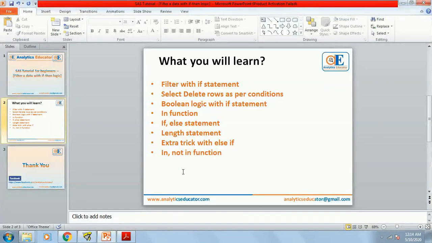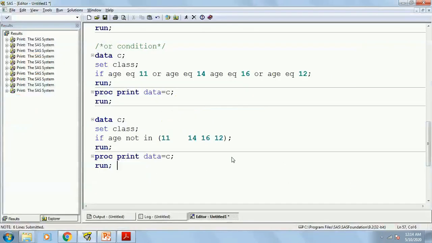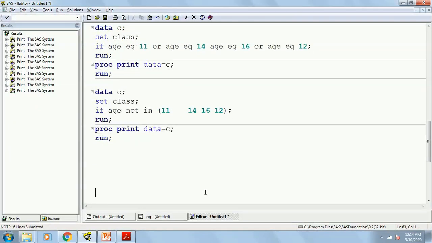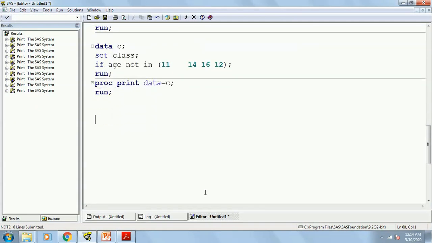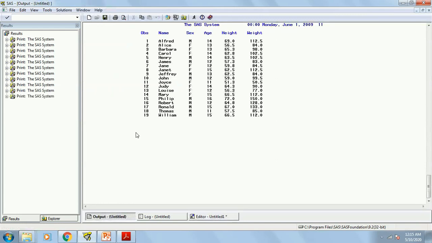Alright, now I will be using something else. Just imagine now in my data set, in the class data set, I have sex where it's saying M and F. Now I understand M means male and F means female.